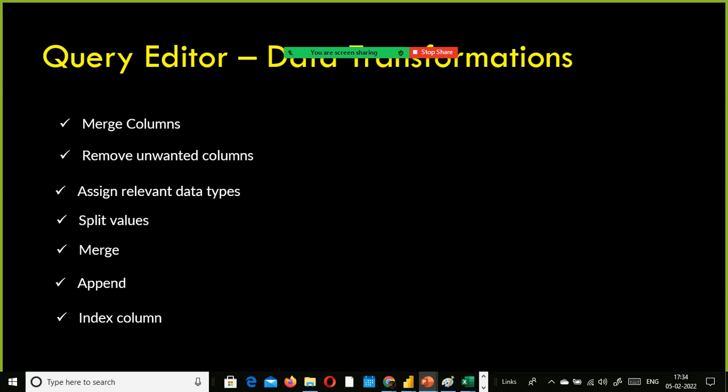And again, you can set up the incremental refresh and everything. We will discuss the incremental refresh in a separate session. So now what we will do is, I just